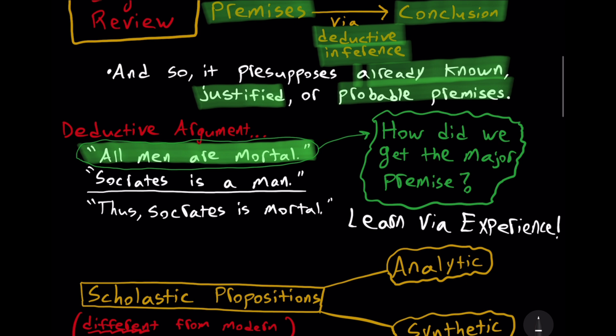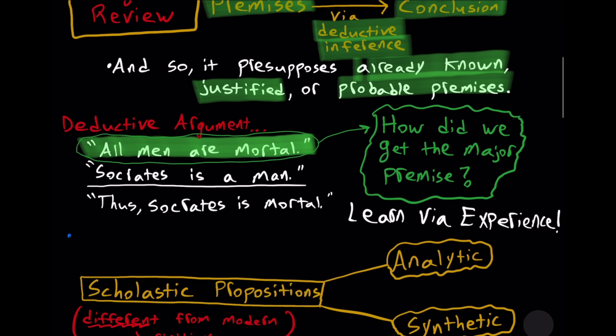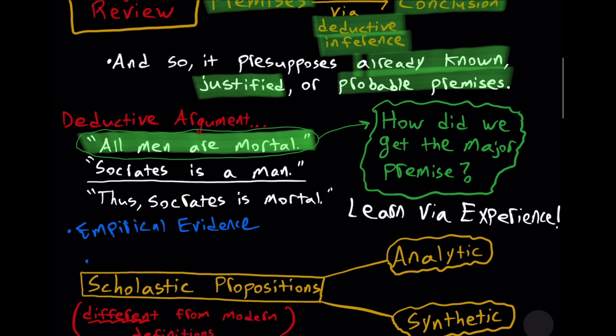It's just an empirical fact that when we observe human beings that they die. They don't live forever. Now, this raises issues of empirical evidence, of generalization,